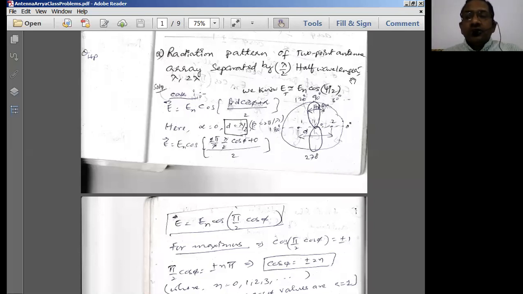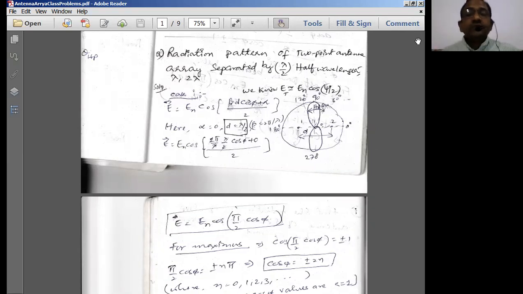In today's session, we're going to go through problems on antenna arrays. In the previous classes on antenna arrays, we discussed the derivation part, the theoretical part. And here, the last topics in antenna arrays are going to be some of the university problems, and next is pattern multiplication. By doing these two, we will end this particular unit. So we'll try to do some of the problems which have been given in the university earlier.